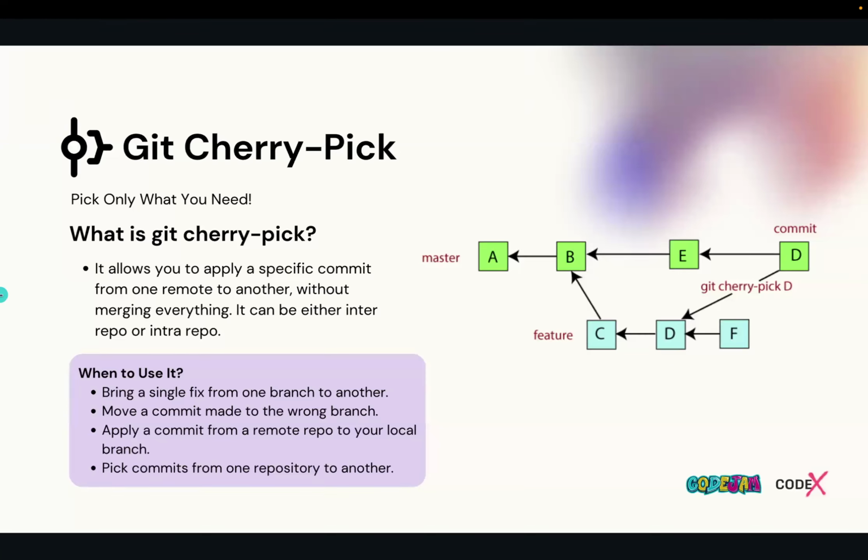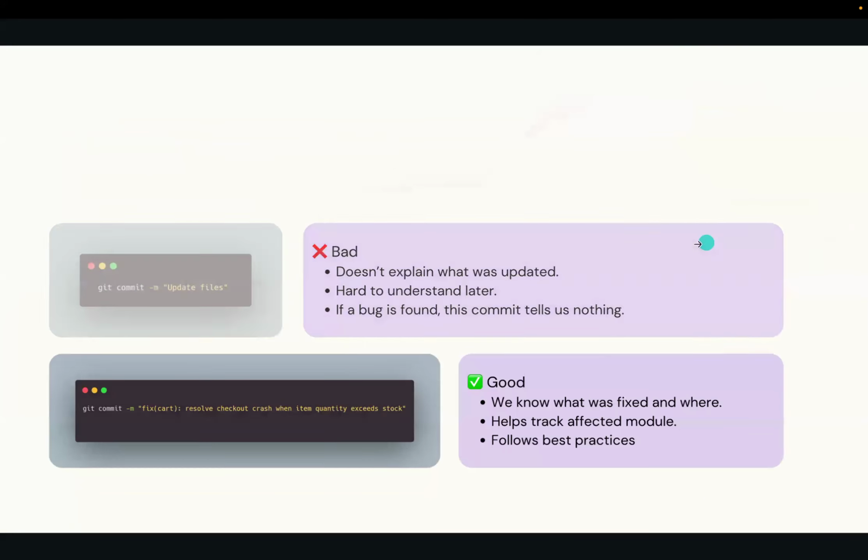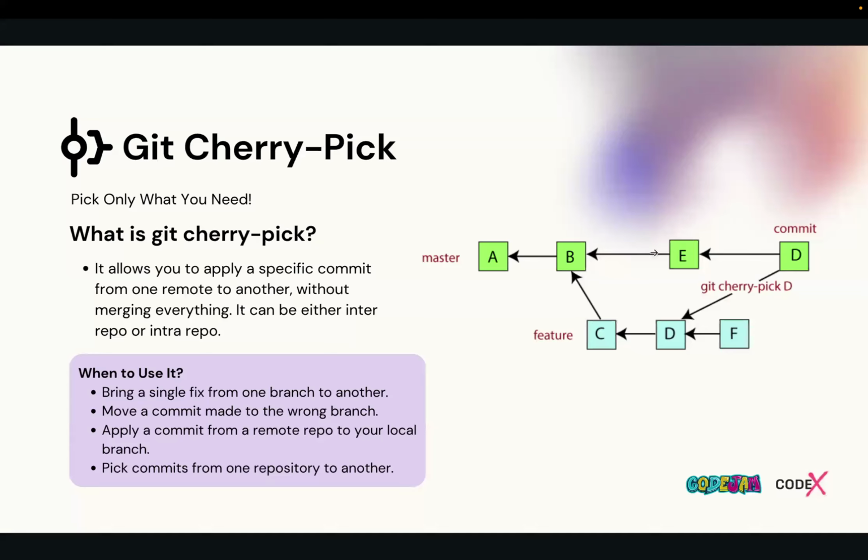Okay, so we were discussing committing things and best practices, and then we have a more advanced topic here, git cherry pick. When git cherry pick comes into the picture, this is actually a very rare use case of git functionalities, when we don't need to work with many remotes. Okay, let's take an example like this.